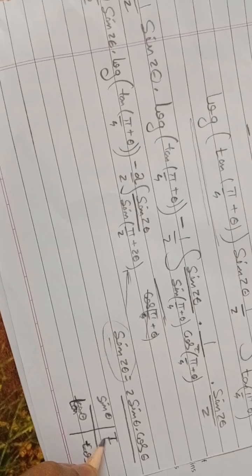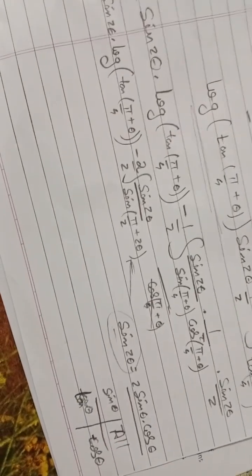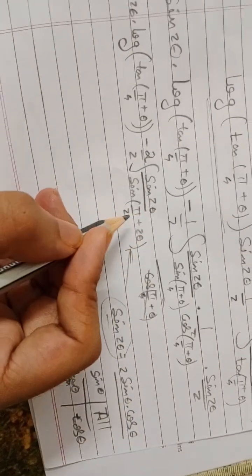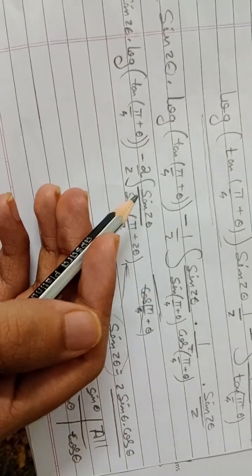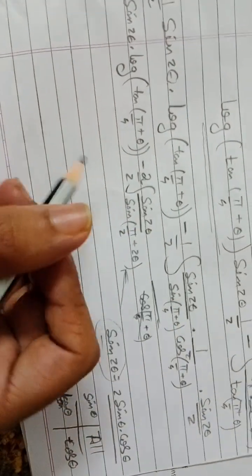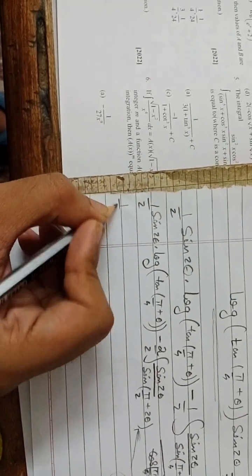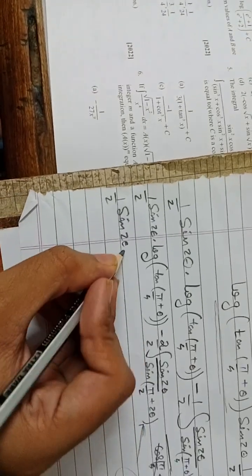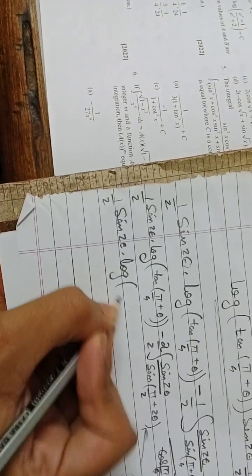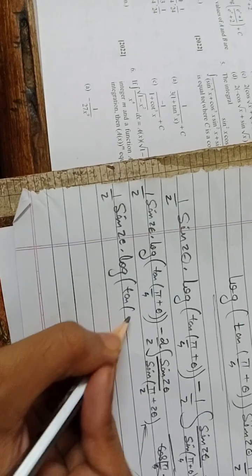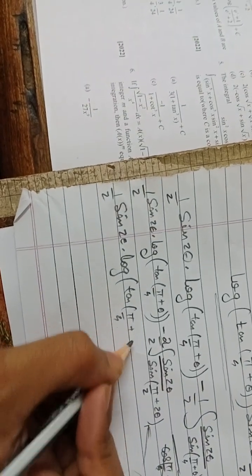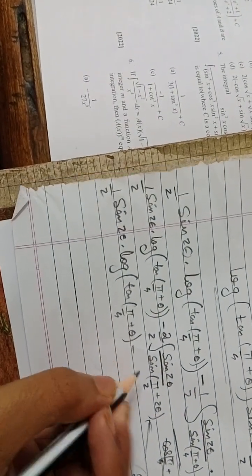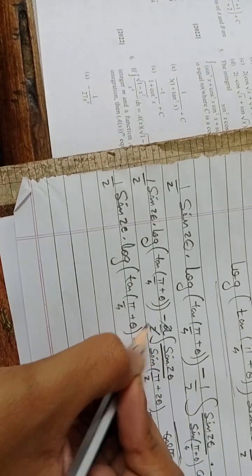So by using this rule, this whole term is converting into a positive number. So sine of 2 theta dot log of tan of pi by 4 plus theta, minus